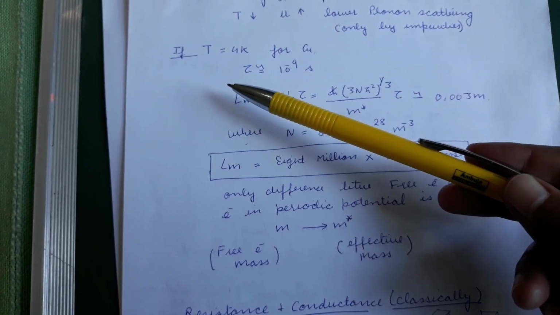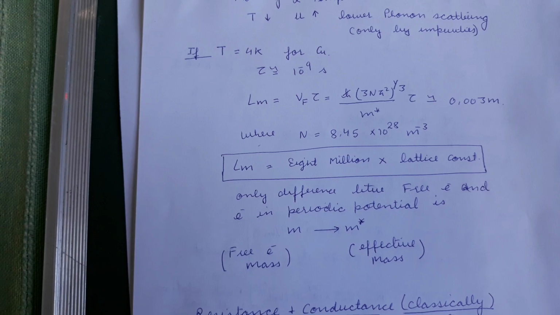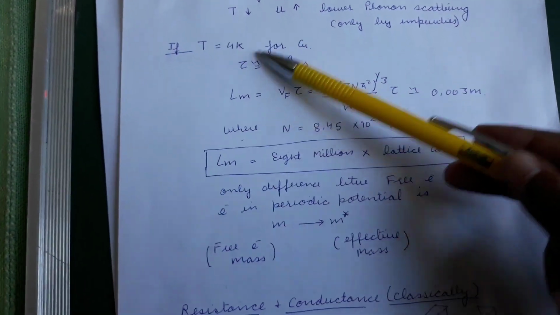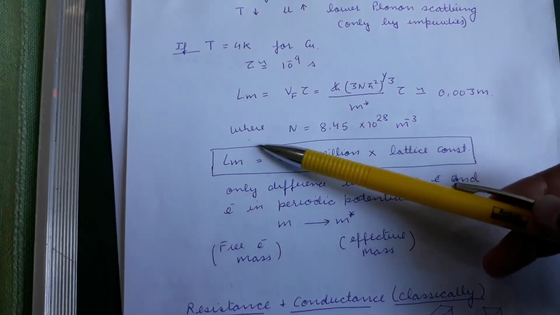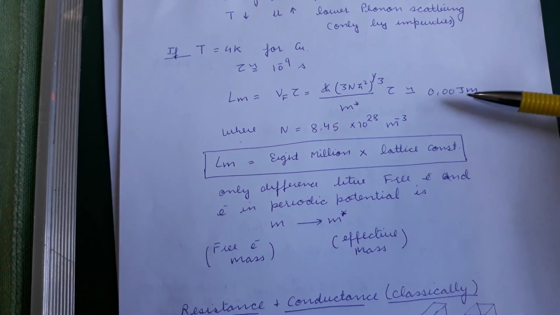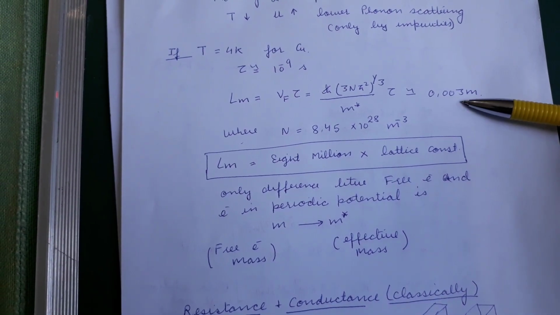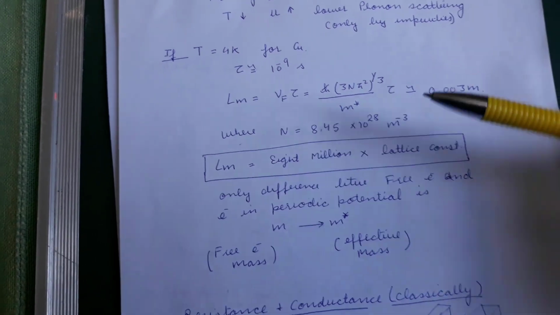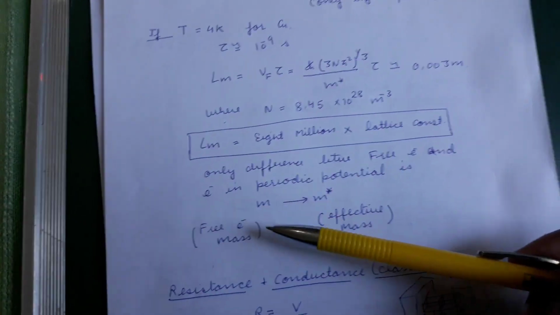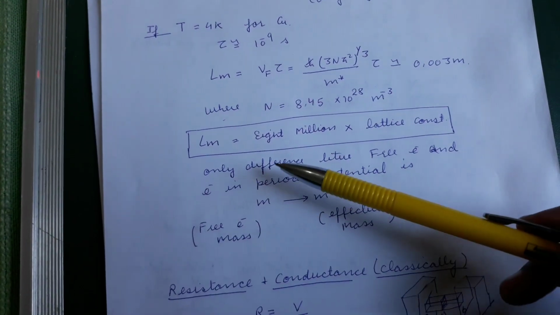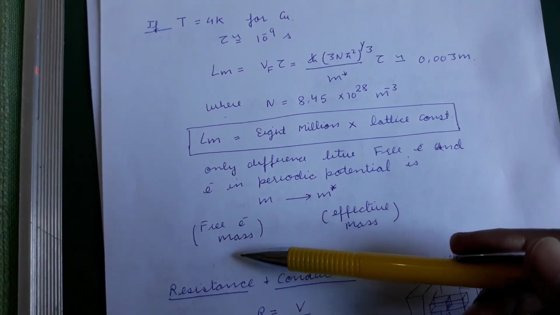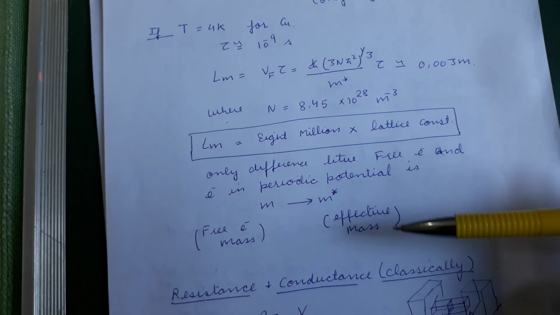And this we saw that if we consider Fermi velocity, then the mean free path is very large. But now if we consider low temperature, then we see that the mean free path is yet larger. It is of the order of 0.003 meters, which is very, very large as compared to the one which we discussed earlier at room temperature. So it is 8 millionth of the lattice constant. So it means that, as we are discussing, in a periodic potential the electron will move and it will behave as if it is free. The only difference being that the free electron mass will be replaced by the effective mass.